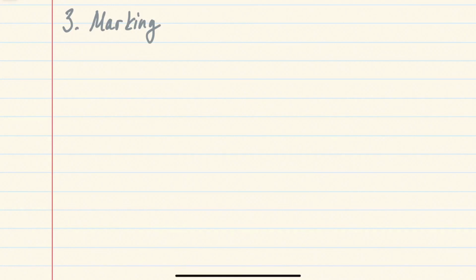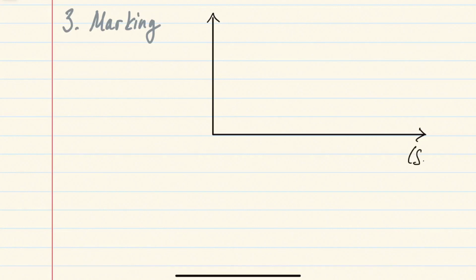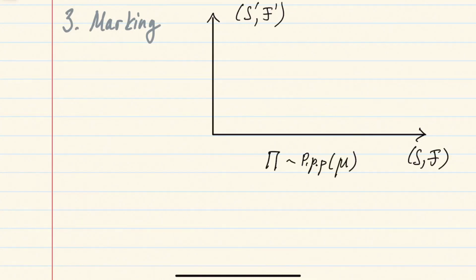Here we will consider some product space, where on the first coordinate it will be our space S, and then you take some other nice measure space on the second coordinate. And we'll begin with a Poisson point process as above defined on the first coordinate. So in other words, on the first coordinate you have a bunch of random points generated as above, which form this random set, which we call Poisson point process.